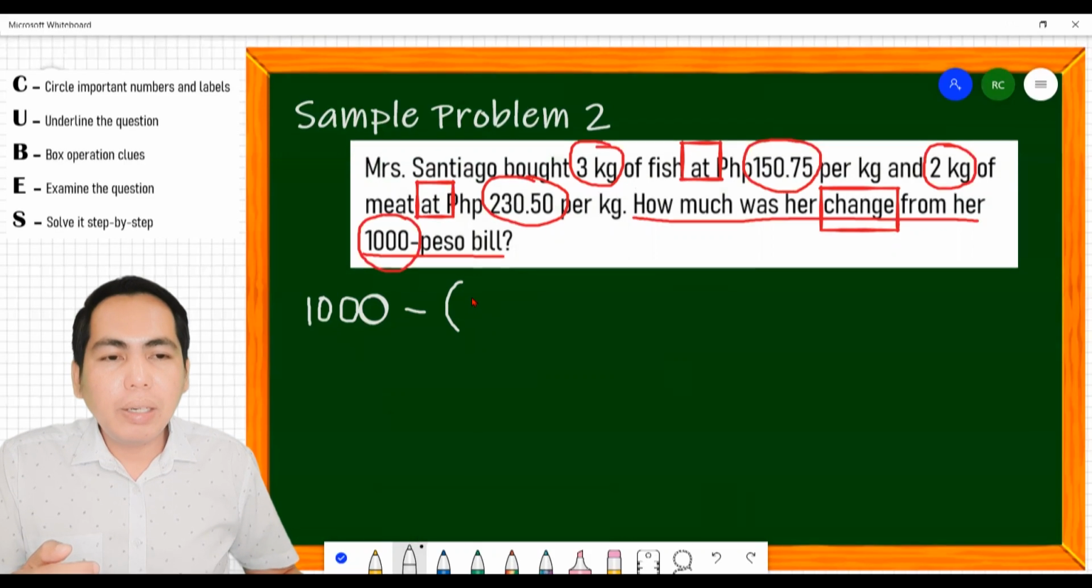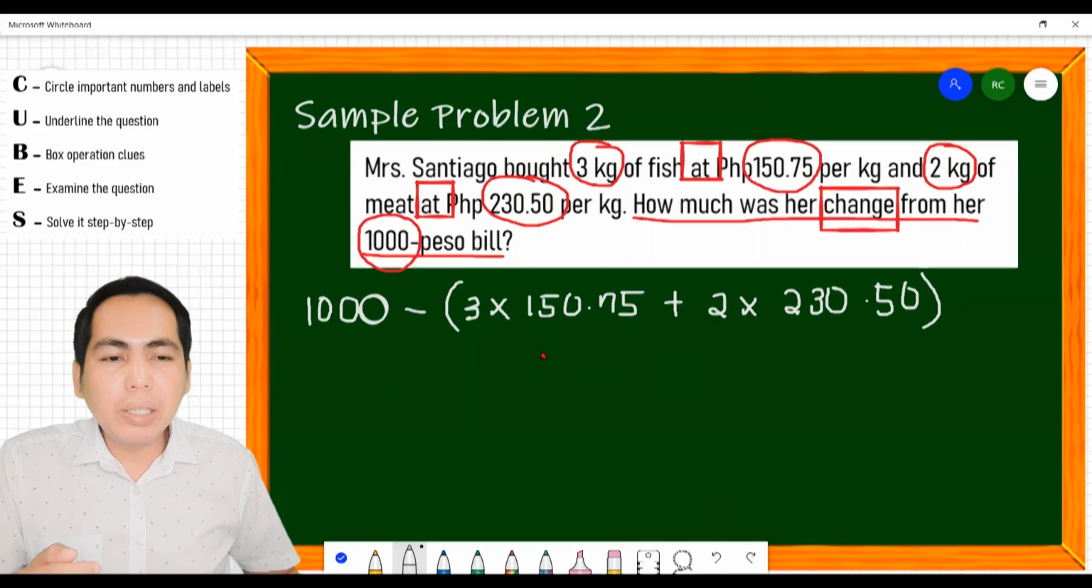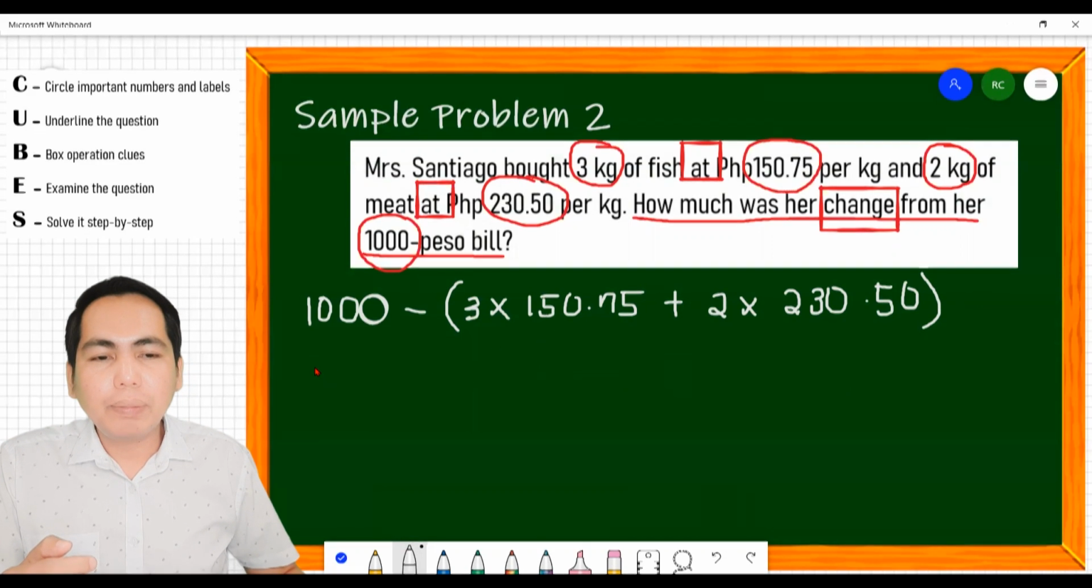So we have here 3 times 150.75 plus the 2 kilograms at 230.50. So first is for us to find out how much did she spend in buying the 3 kilograms of fish. So we have here